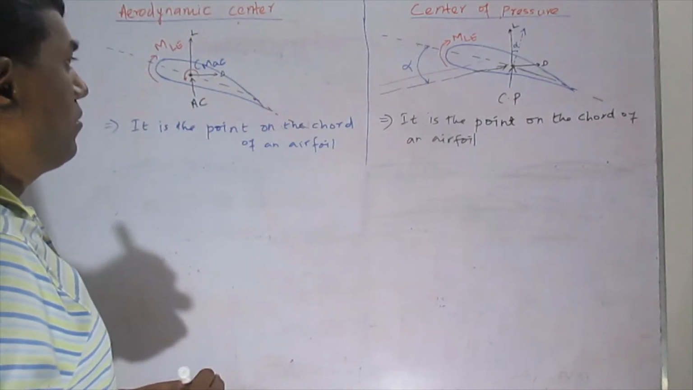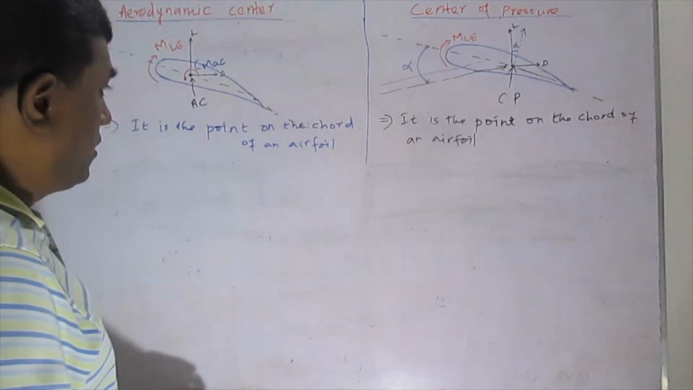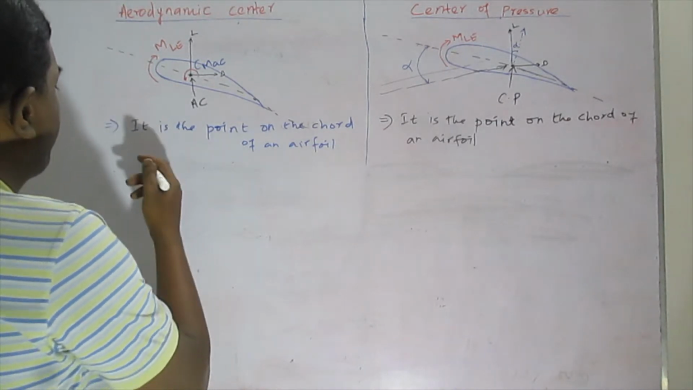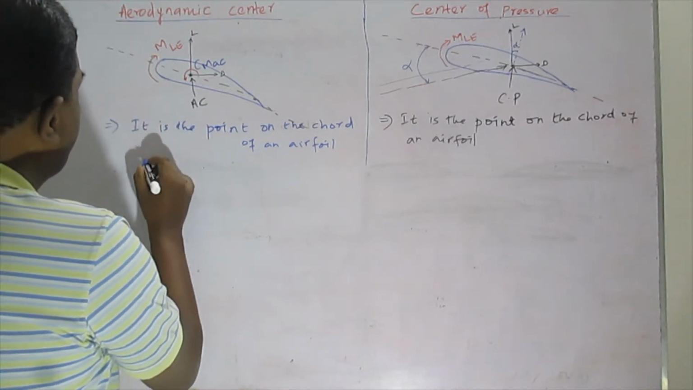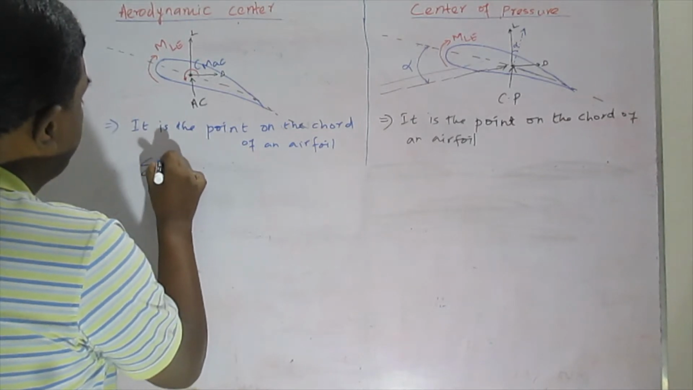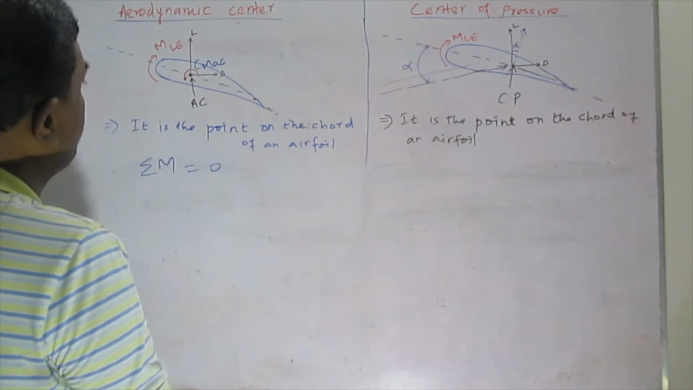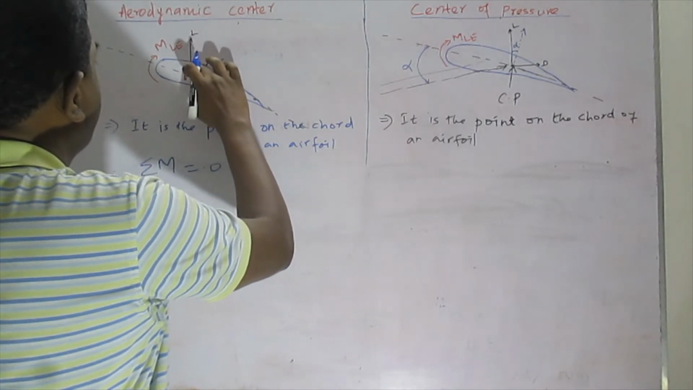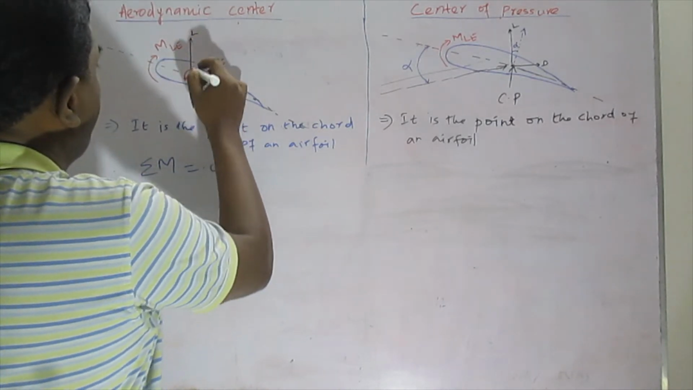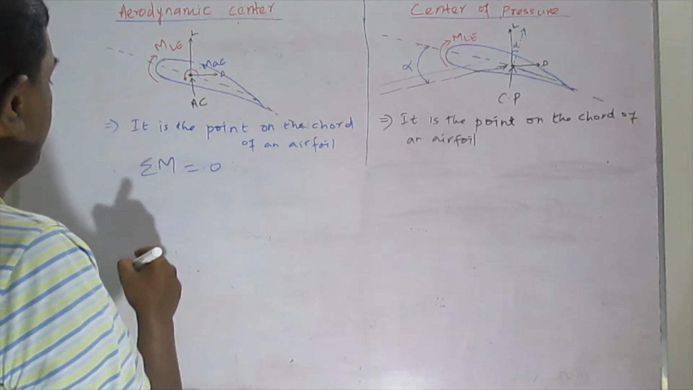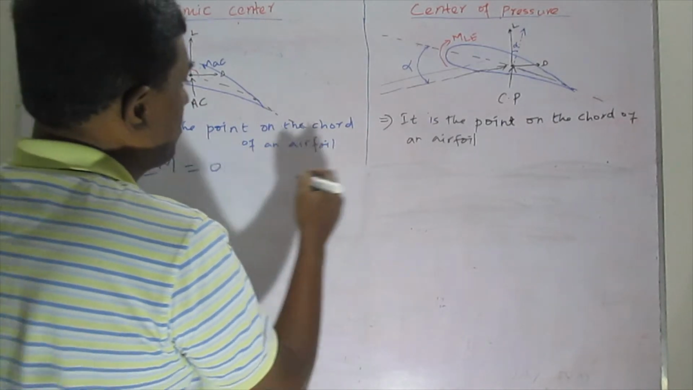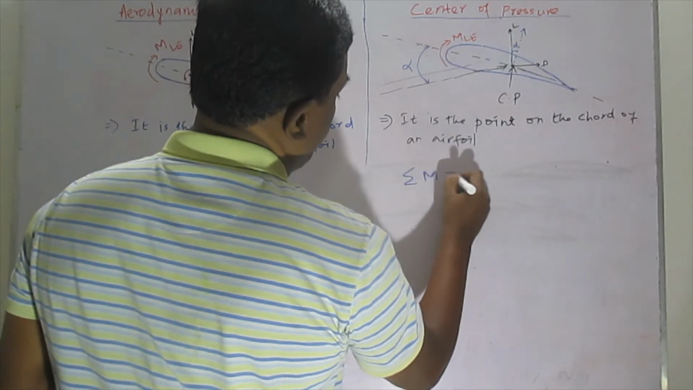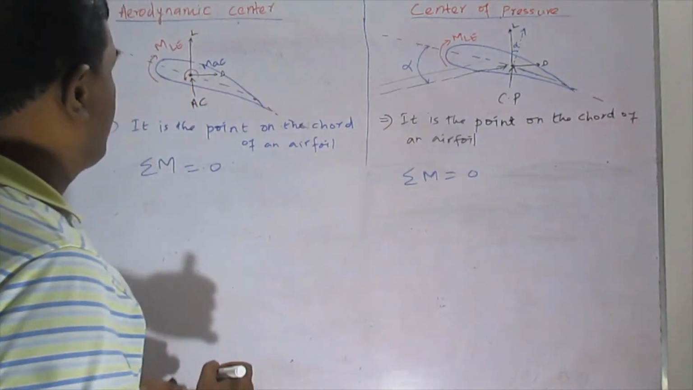So now we have to find the relationship. Let me say that summation of the moment equal to 0. Even here also, instead of saying CMAC, this is MAC only. So moment about aerodynamic center, summation of the moment 0, and here also the summation of the moment equal to 0. So now